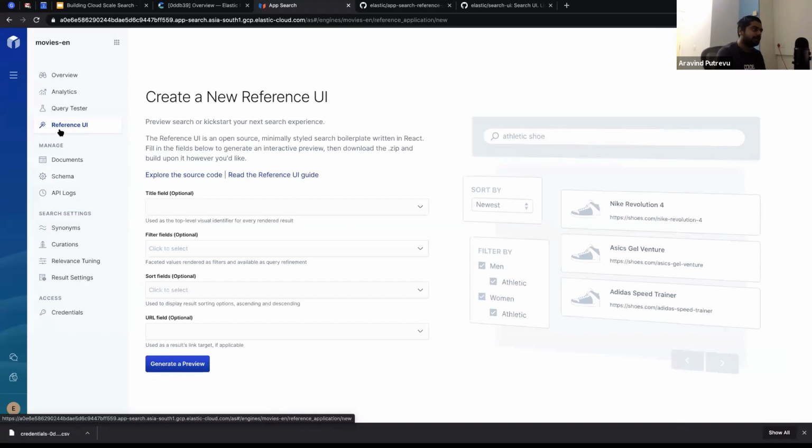So we understand how important it is to have a great search experience, and we have created a project called App Search Reference UI. Let me click into that.